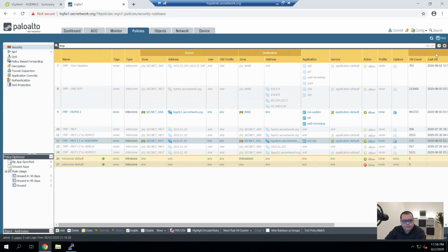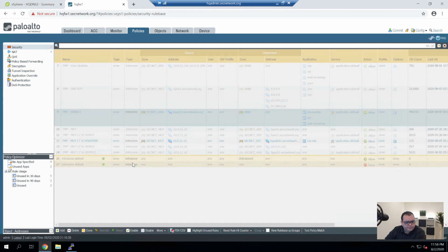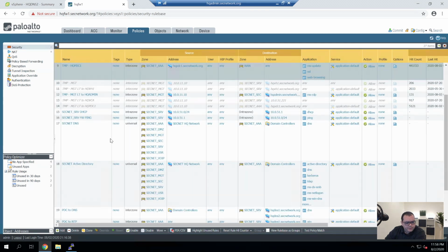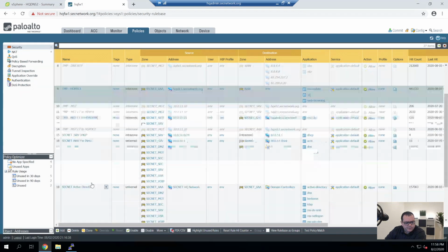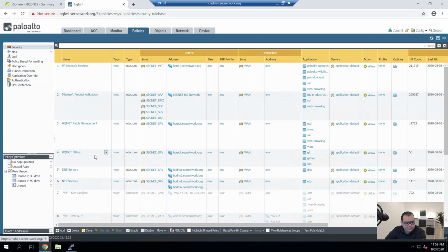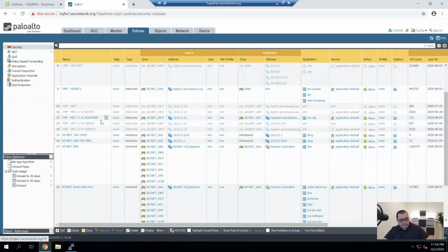So once I've solved this problem, I will be able to delete, I think, all of these unneeded rules. And let's see. All right, well, I think, so let's commit this.